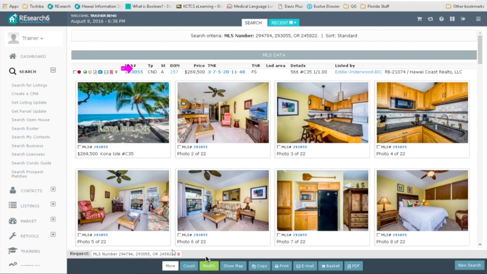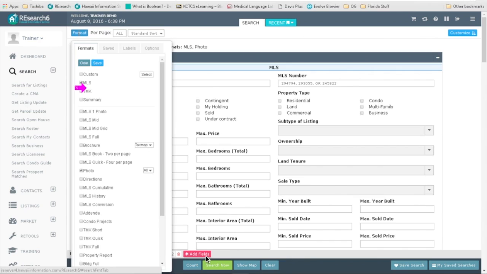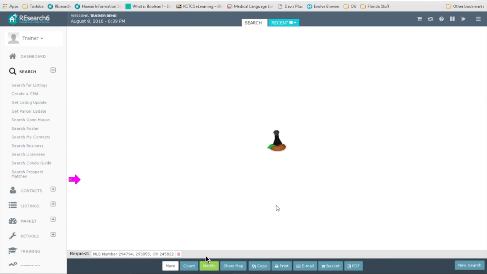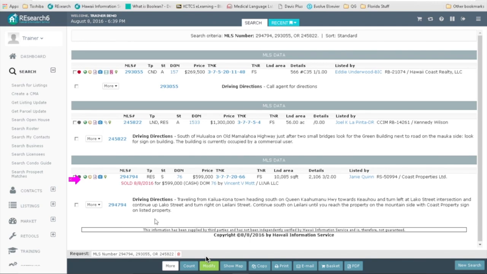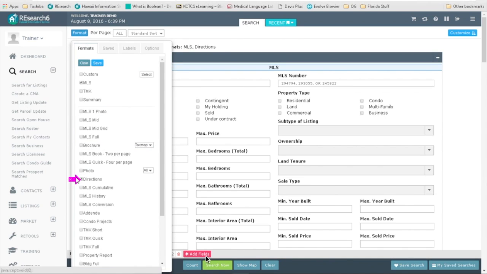So I'm going to click modify, and let's see here. Back to our format, and we can get our driving directions. So say we wanted to just do the MLS and driving directions. Let's take a look at that. Okay, so voila, you have it. All right, let's click modify, format,